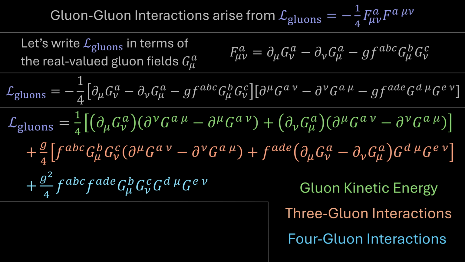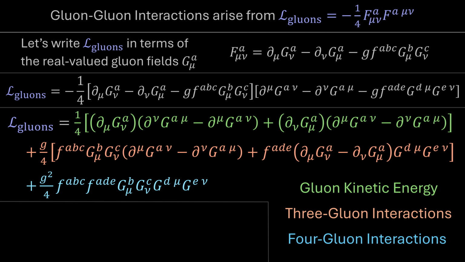And by the way, that's basically just 8 copies of the way the photon field contributes kinetically to the Lagrangian of quantum electrodynamics. So when you think about the field strength tensor in QCD as being sort of like 8 copies of the electromagnetic field strength tensor, that's true insofar as the gluon Lagrangian is this green term. But in QCD, we also have these orange terms and these blue terms. Now, the orange ones are 3 gluon interactions, and you can see that because each of those expressions involves the product of 2 gluon fields along with the derivatives of a 3rd gluon field.